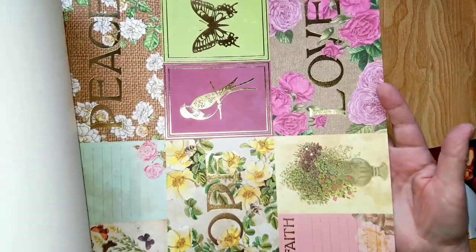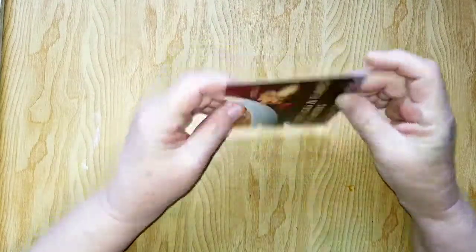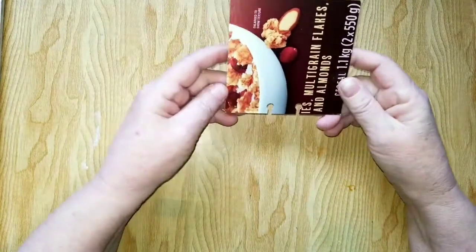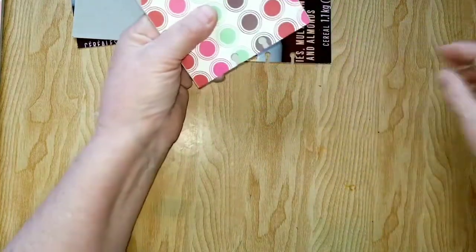Aren't they gorgeous? So anyway, that's what I'm going to do. I'm going to use this paper to make a bunch of MemoryDex cards, basically for myself, and I'm going to make them for friend mail, happy mail. So I can just take my template, put it on my card,